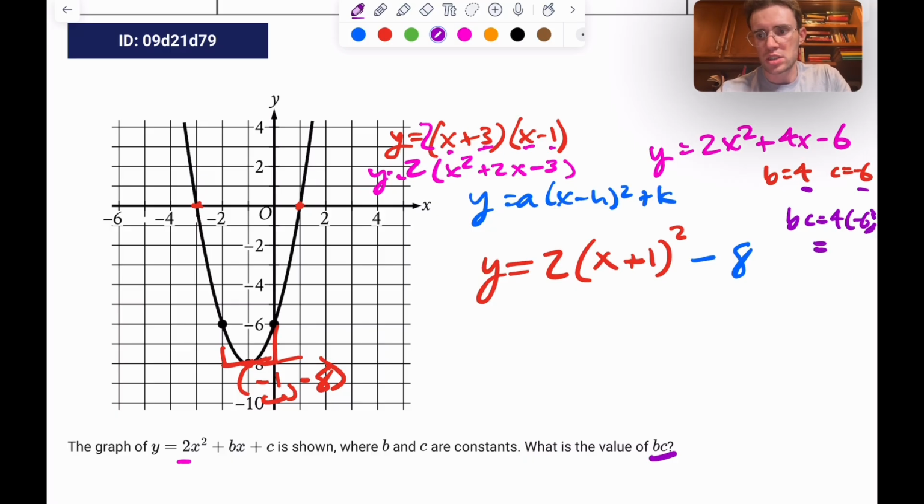There we go, which is equal to -24. So bc equals -24. You can do it like that. Or again, if we use this vertex form that we already had, you would just distribute,